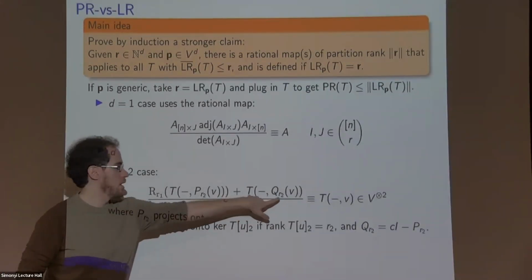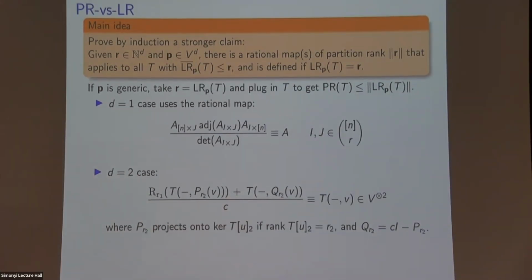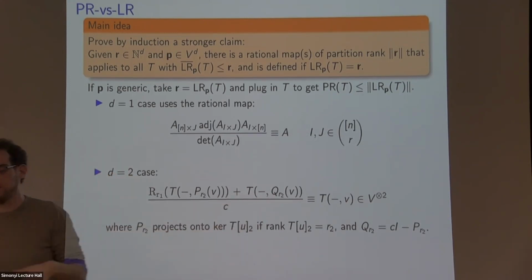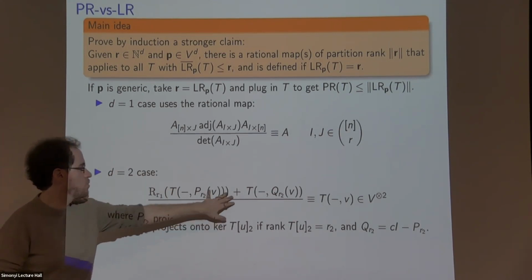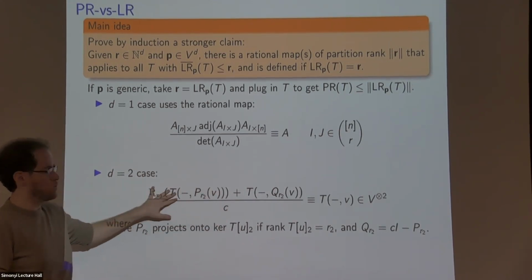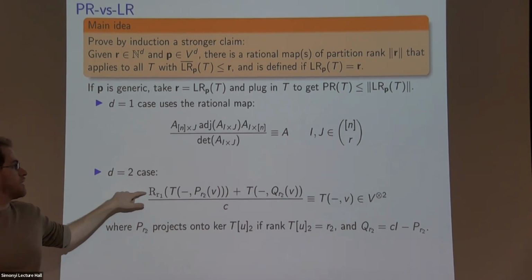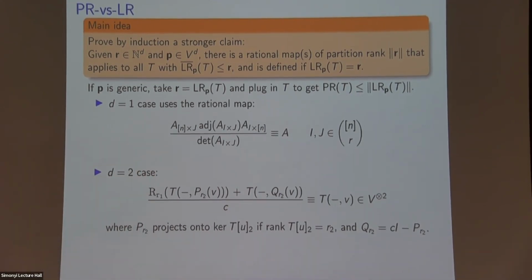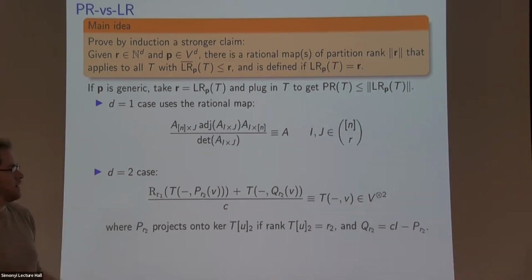For the latter, I can bound the rank. The orthogonal complement of the kernel would have rank which is bounded by the definition of local rank, and the other component I can deal with inductively. So there I use the rational map from the induction hypothesis with the right R. So anyway, it's a bit much to go into here, but I'll just